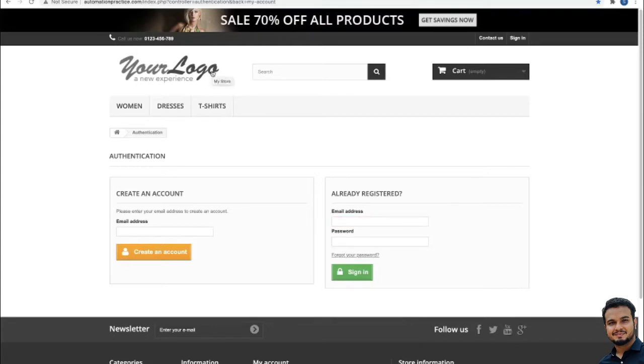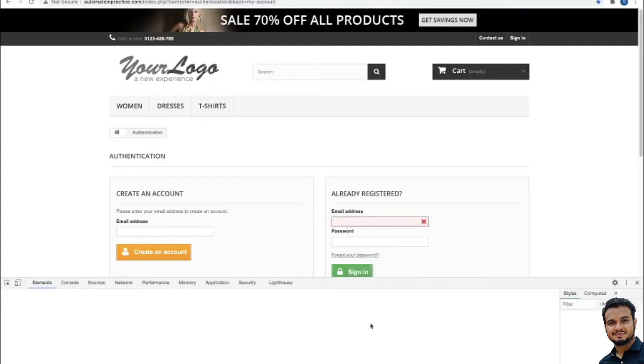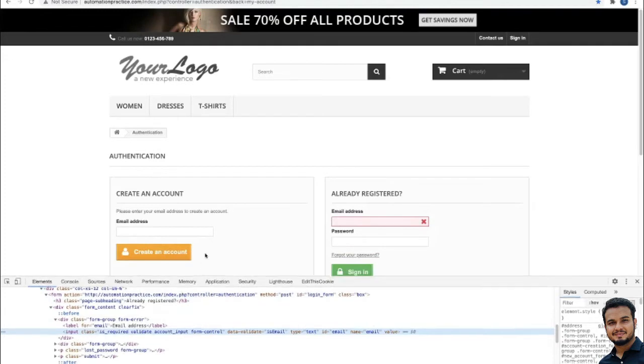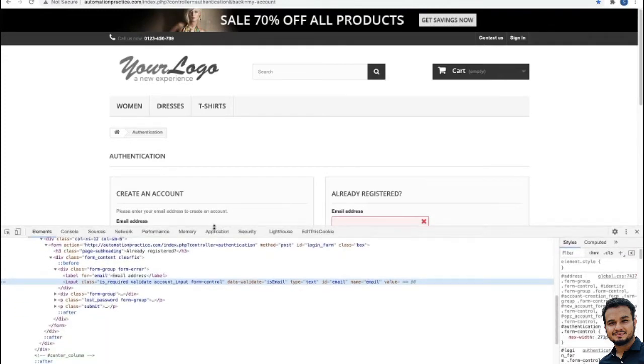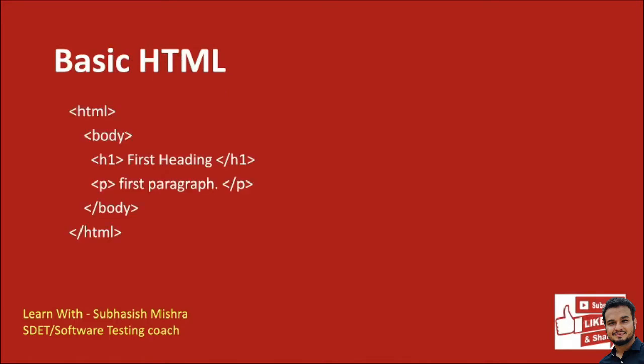And this web element represents an HTML element. I have shown you previously, right. If you see here, all these are HTML tags. So, what we are saying here is, a web element represents an HTML element, and all these HTML elements are written within a start tag and an end tag. If I show you here, it will start with a start tag and end with an end tag, and in between there will be some content, okay.